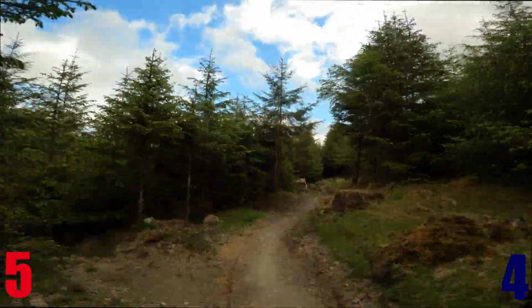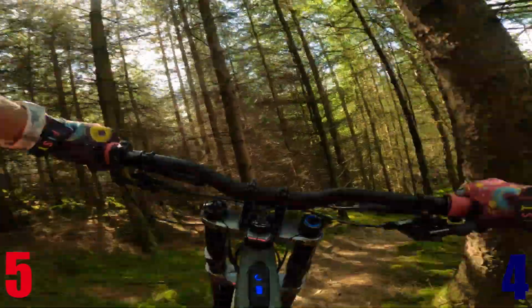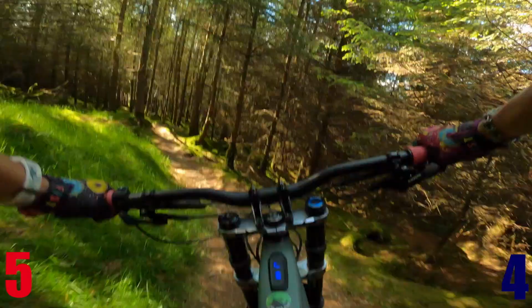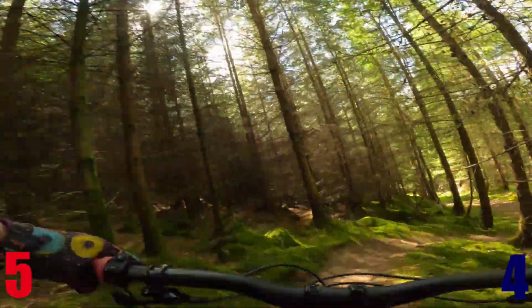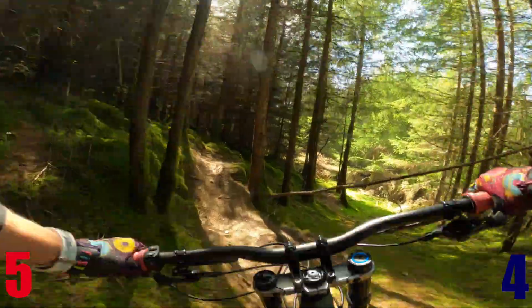On to tyres. The Kenevo comes with Specialized Butcher 2.6s front and back with black diamond casing, and this has proven to be really reliable, stable, hard wearing and grippy. I was really surprised with how good these tyres are, and I don't think I'll change them to another brand